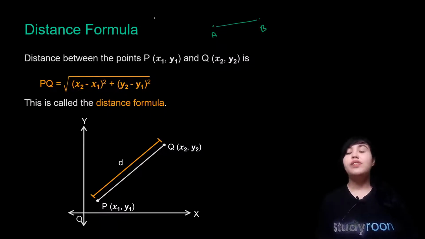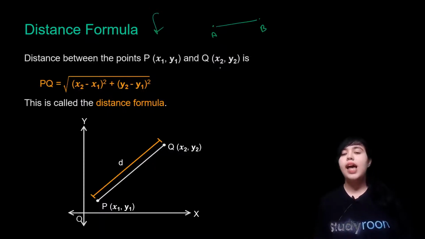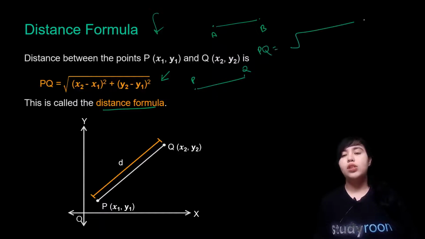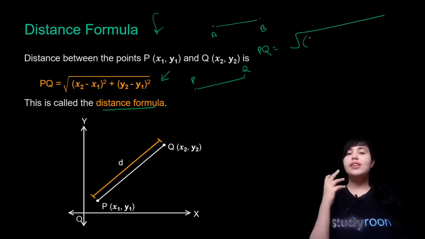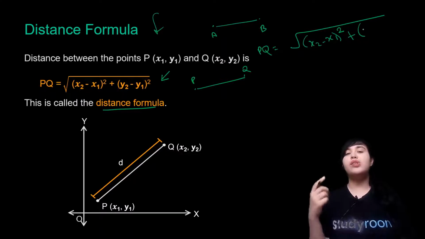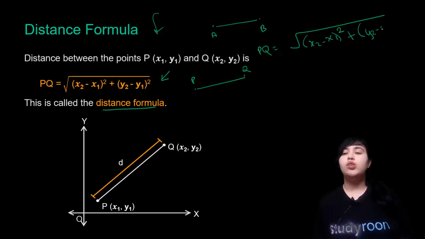Well, coordinate geometry will be your friend in that case, because if I give you any 2 points P and Q, let's say this point has coordinates x1 comma y1, and this has coordinates x2 comma y2. Then making use of this formula, also called the distance formula, you will be able to calculate this distance PQ. What is it? You first of all take a square root. Then you take the difference of the two x coordinates, so x2 minus x1, and you make it whole square. Then you add the difference of the y coordinates, so it will be y2 minus y1 whole